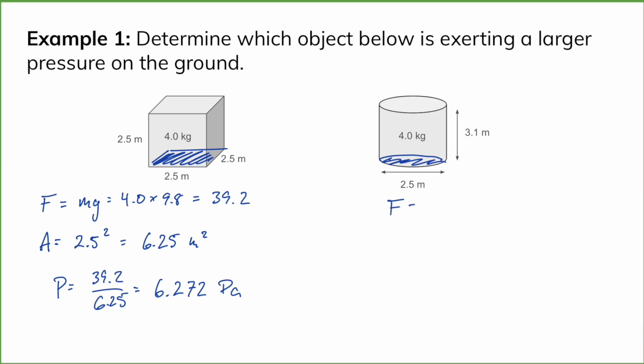So for the cylinder, since it has the same mass, we don't have to recalculate the force. We know the force is going to be 39.2 newtons. The area, however, is going to be different because it's a circle. So we do pi times the radius, which is half of this value here, 1.25 squared. And that gives us an area of